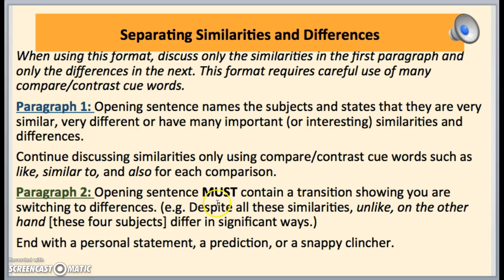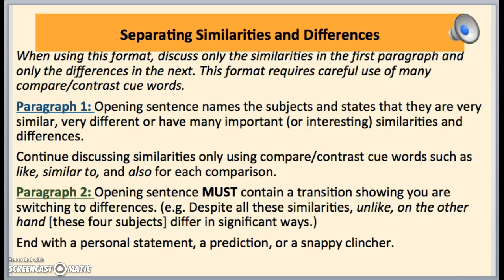In paragraph 2, you need a transition sentence. It must contain a transition sentence. And you're going to go ahead and use cue words again, unlike, on the other hand, differ in significant ways, letting me know that you're looking at the differences. After you've done that,